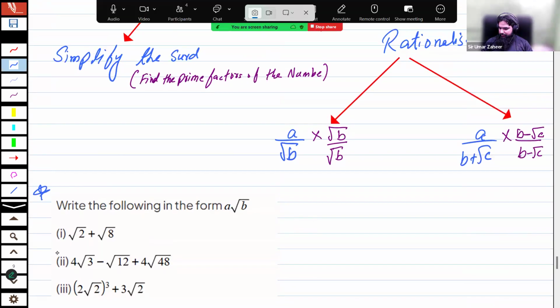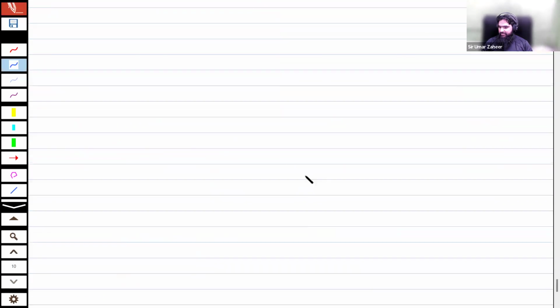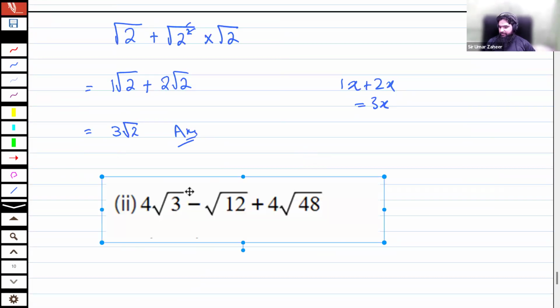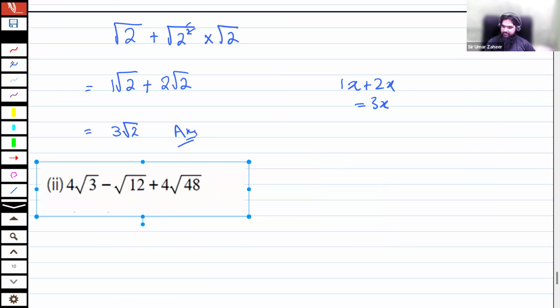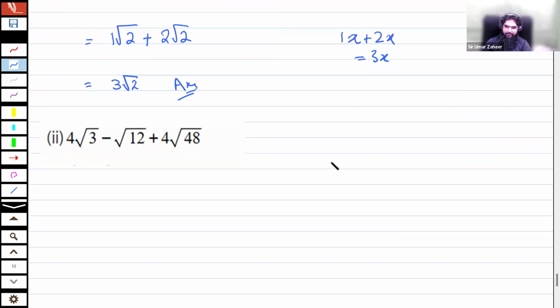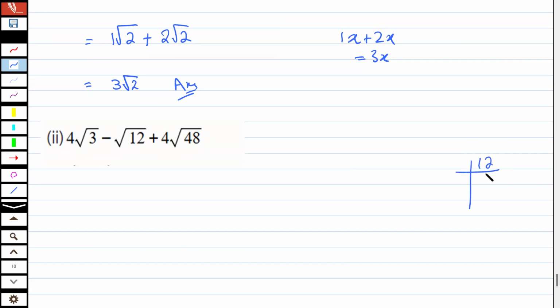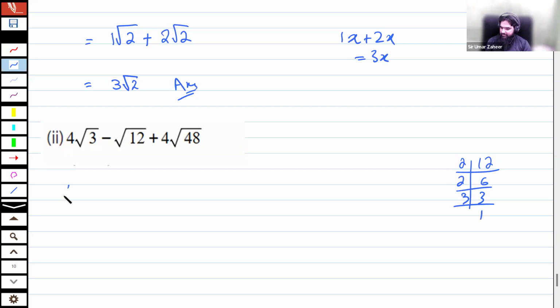Now we have question number 2. We also need to write the value in the format, or we need to simplify them. What is the possible first step? There is root 12, and then we could get out the prime factors, which would be 2 square times 3. Then after simplification, 2 times 2 is 4, so 4 square root of 3, and 48 can be written as